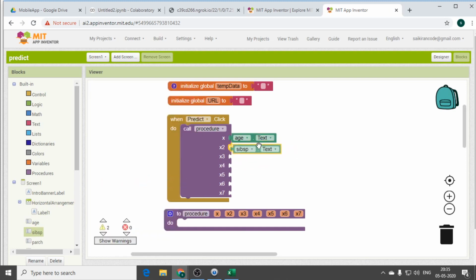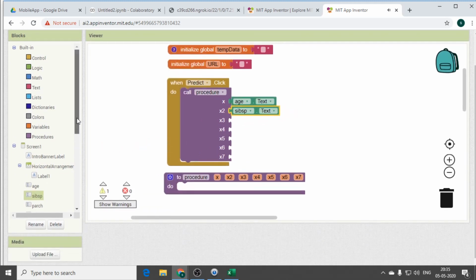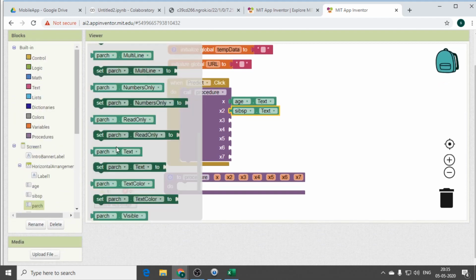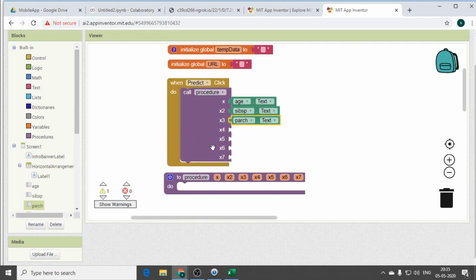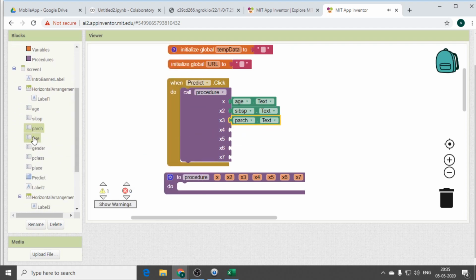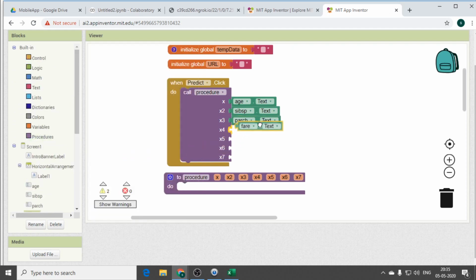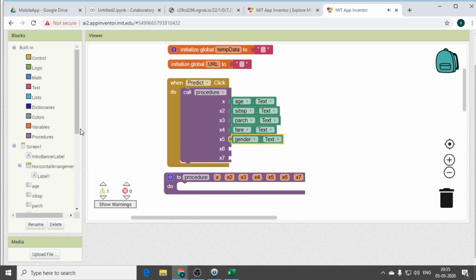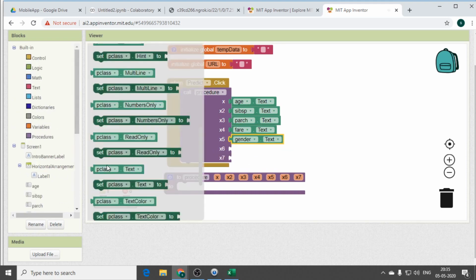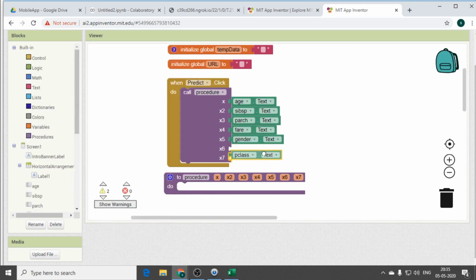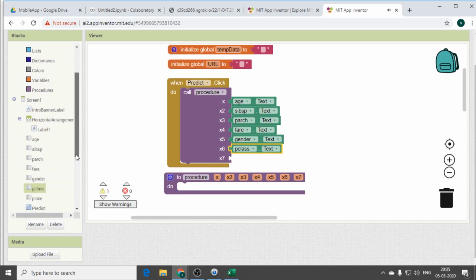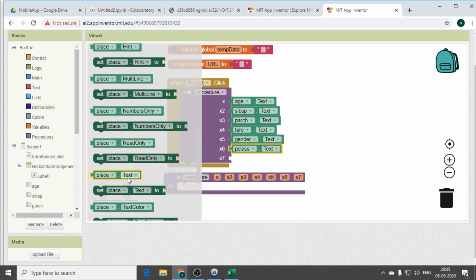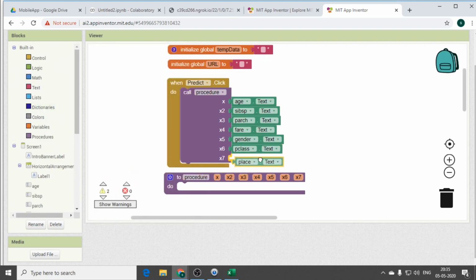Just 10 more minutes, you are going to experience your mobile output. You are just building, making sure that you are adding all the blocks. You are giving functionality to each and every block. So fair is your output. And the next thing is gender, drag and drop. If you are good at playing video games, this looks pretty simple. Everything is in the format of text. What is the final one? Place. Just place all the things.